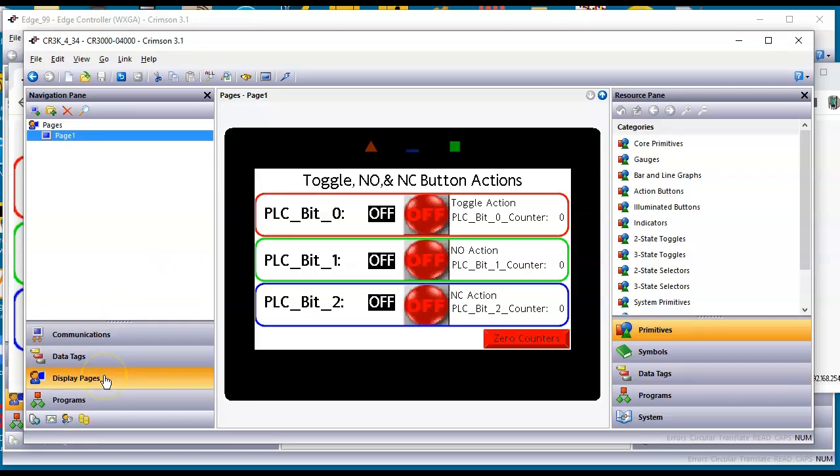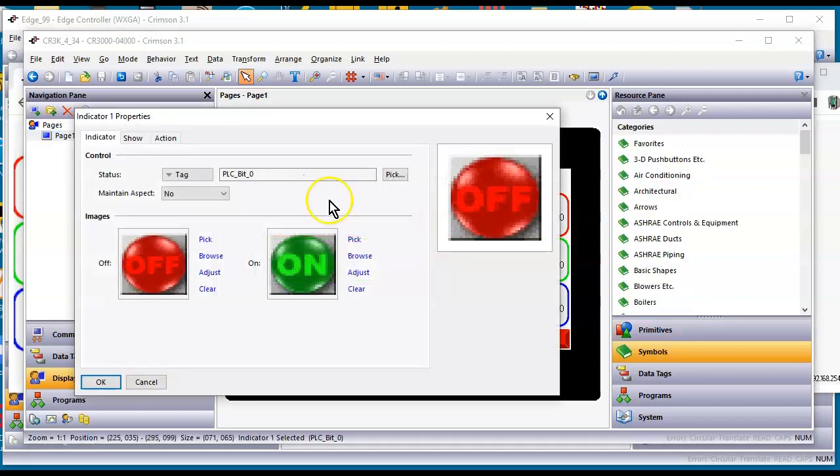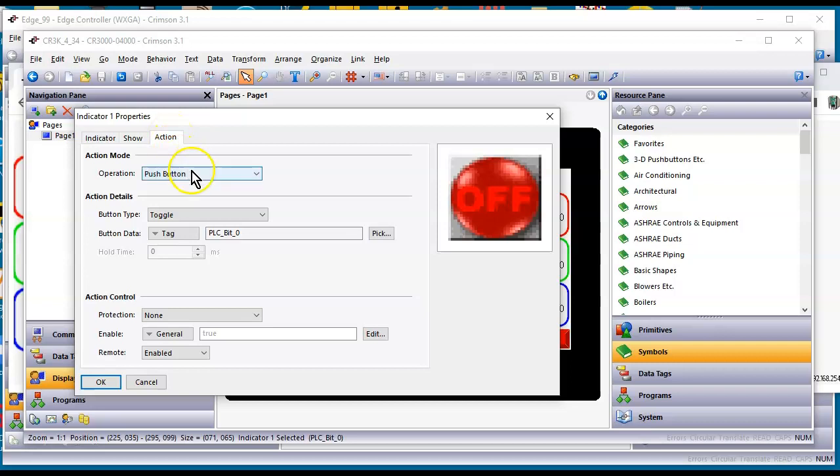Over here on display pages, I've got these graphics built. These are just the tags showing the status. If I double click on this button, you can see it's mapped to this bit, which will show these changes, the conditions. But if I go to the Action tab on the Operation pull down, I have selected